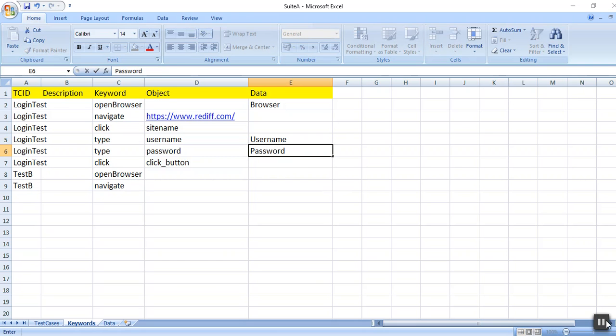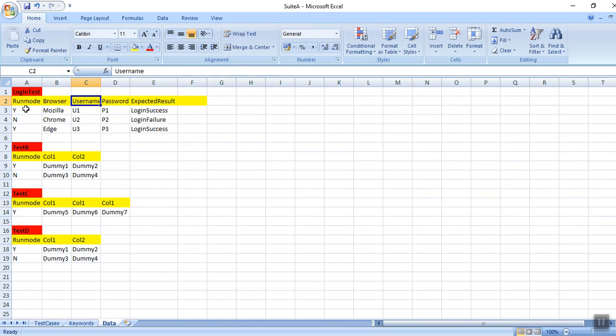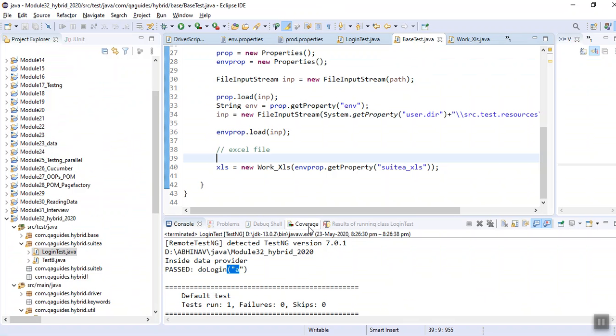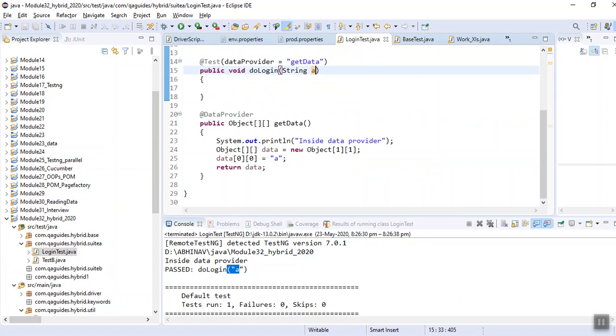Fine. Now see what happened. Data provider here will take columns as 3 because we have 3 columns available here. Now an important question comes: how should I read the data and put that data in my data provider?